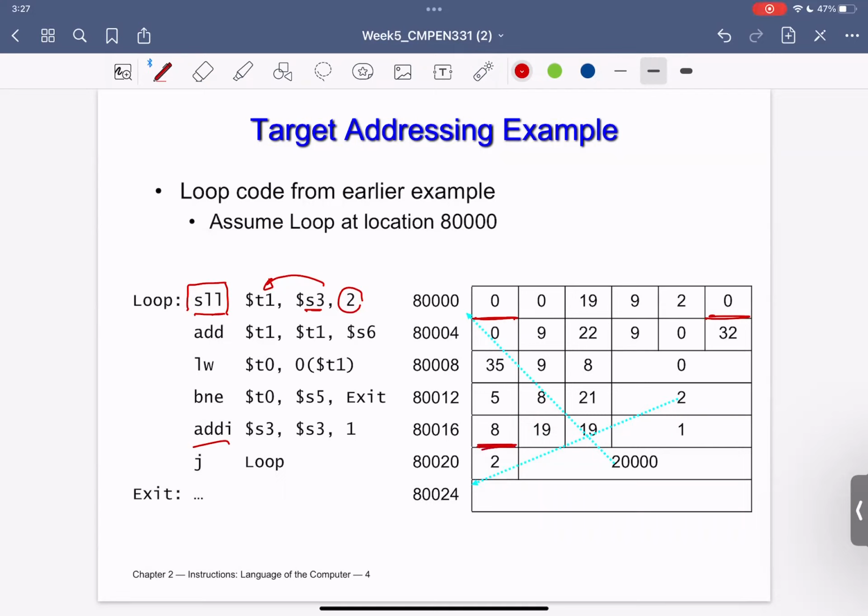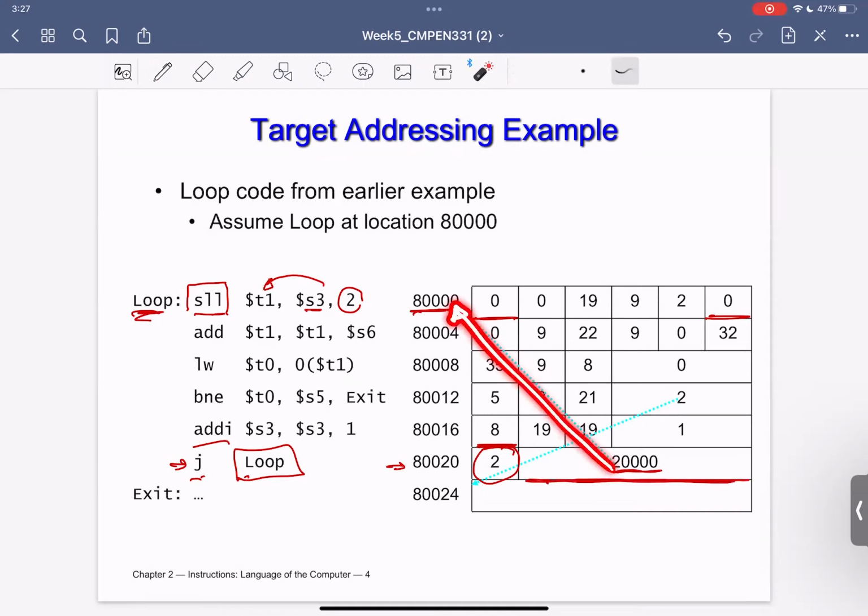It is 8. Then the jump loop, this is the address of my jump. But then I checked the table. I found that actually the opcode is 2. But then I have here the 20,000. But with these 20,000, I am referring to the loop. But loop address is 80,000. So I have to write here a number that will let us know that basically I am targeting that.